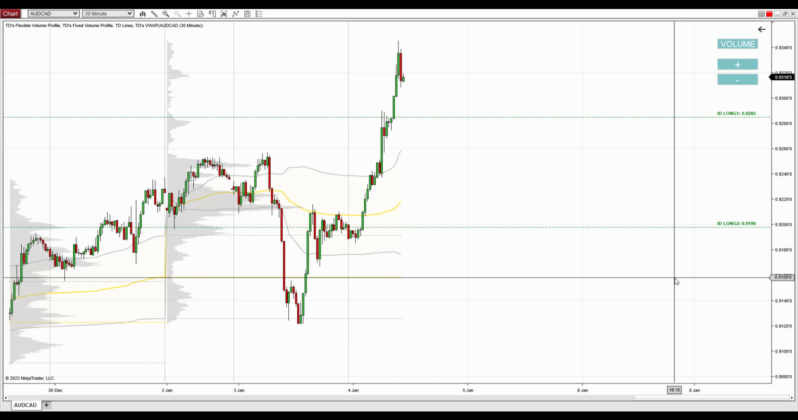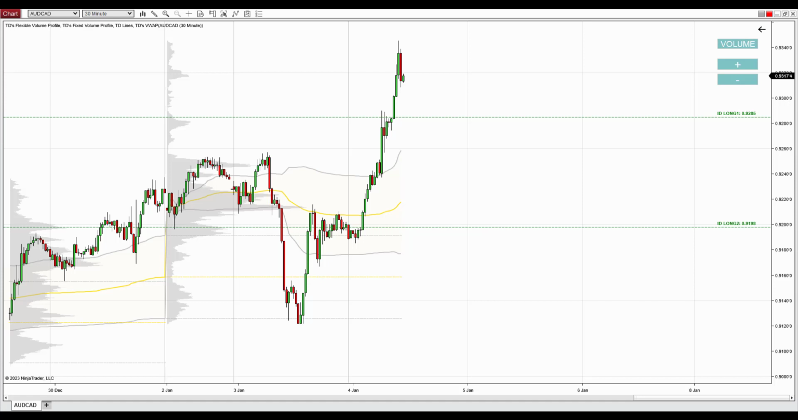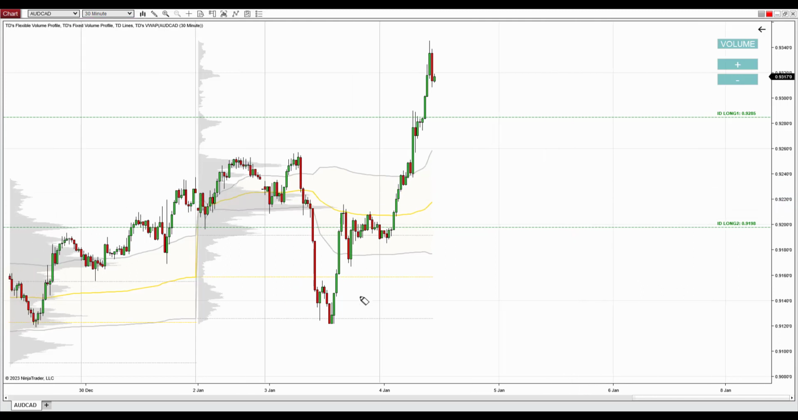Australian dollar, Canadian dollar. This is a day trading analysis, so you are looking at a 30-minute chart. That's my favorite chart to do the day trading analysis. And what I want to talk about here is this strong buying activity on the Australian dollar, Canadian dollar that started yesterday and continued earlier today. So this strong buying activity is telling us that buyers are in control and that they are manipulating the price